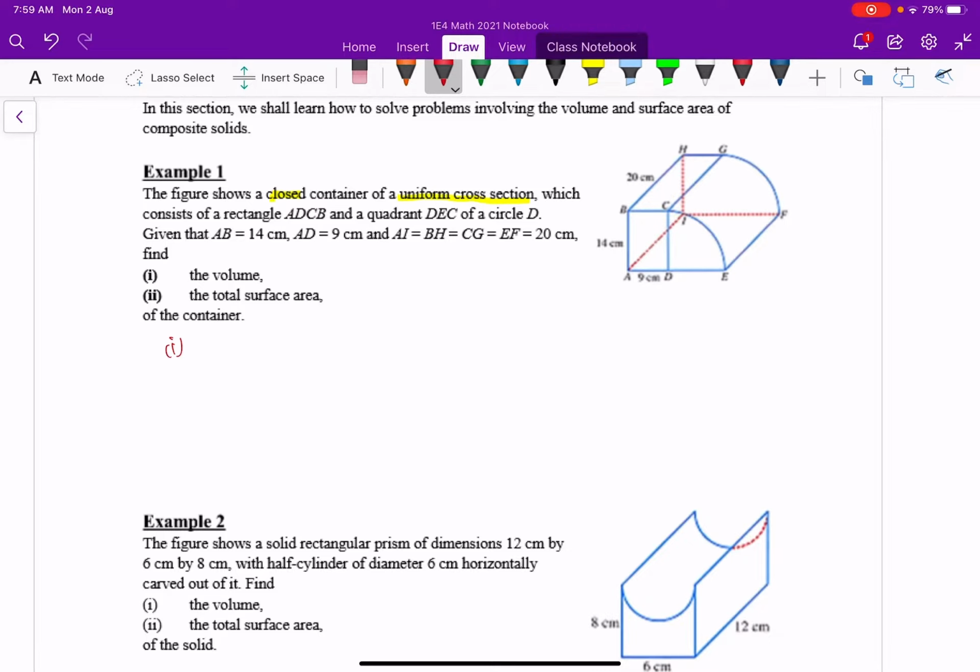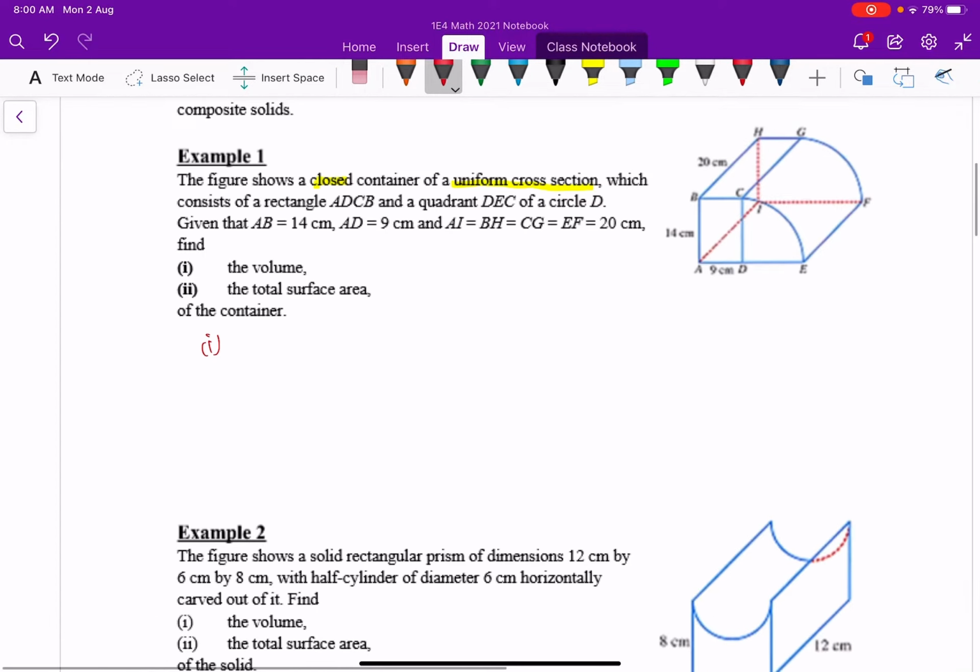So part 1, volume. I'm gonna write down first. Remember, you must always explain what you're writing. So the volume of this shape, how do I calculate it? I look at this. I can draw another dotted line right here. Do you see that the red color part is actually